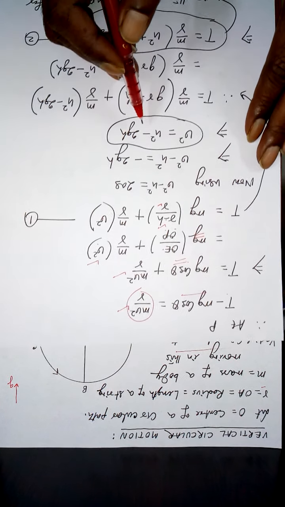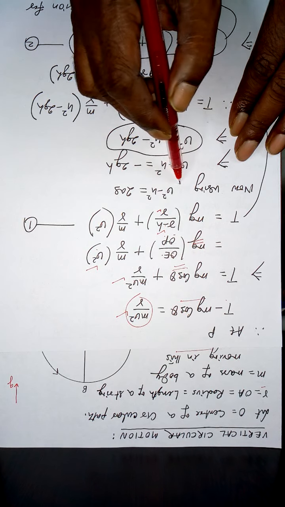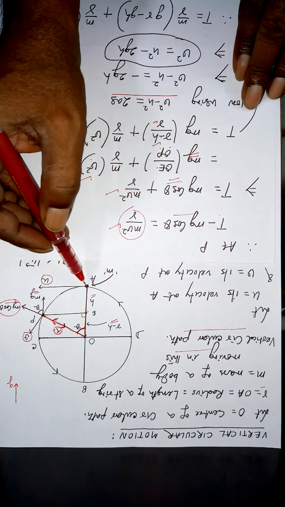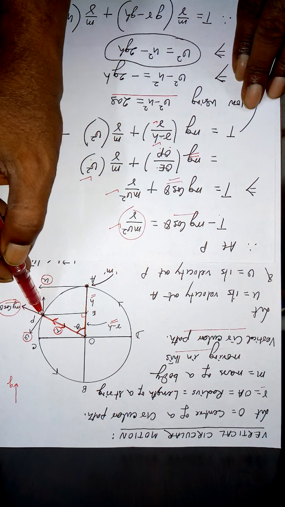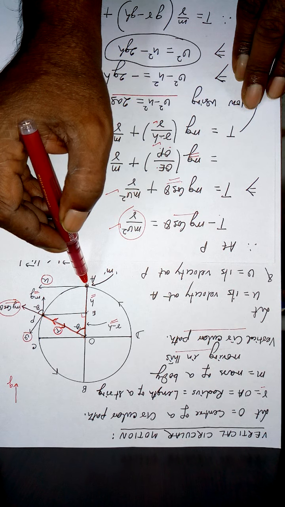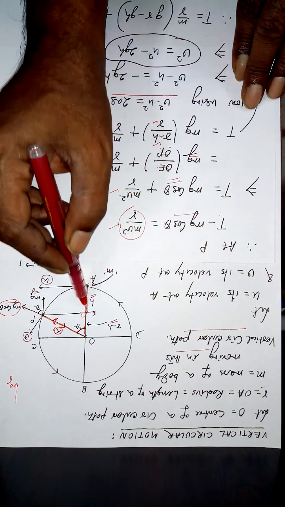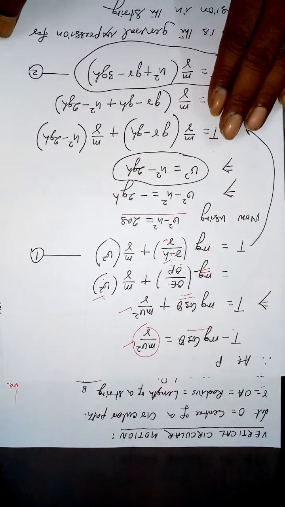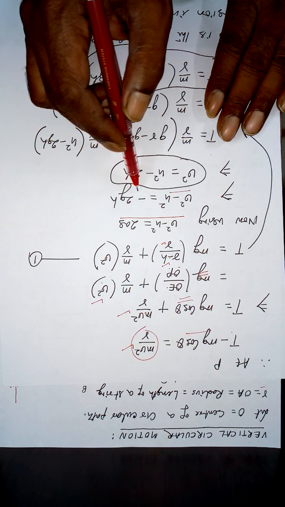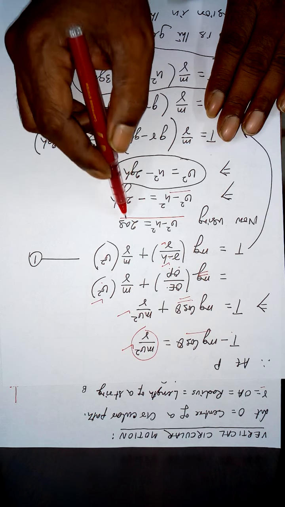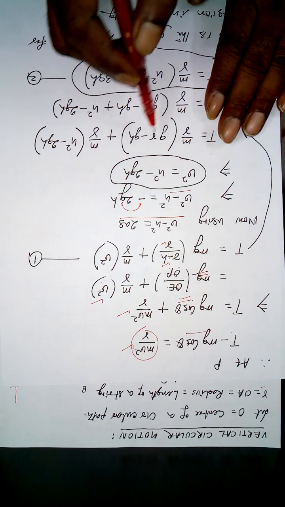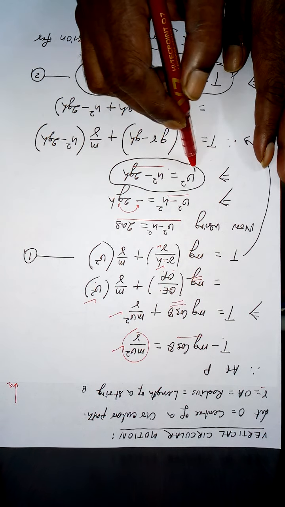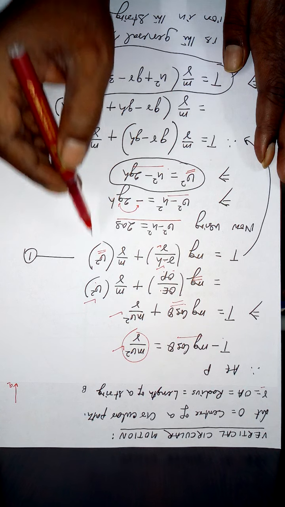Now look, using v square minus u square is 2as. When the particle of mass m has gone from this point to this point against gravity, it has traveled a vertical height h against gravity. So v square minus u square is equal to minus 2gh, because a is negative g. So u square I take to this side, so v square is equal to u square minus 2gh. I will substitute this v square here.